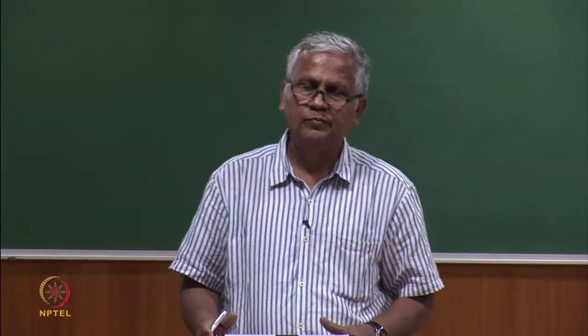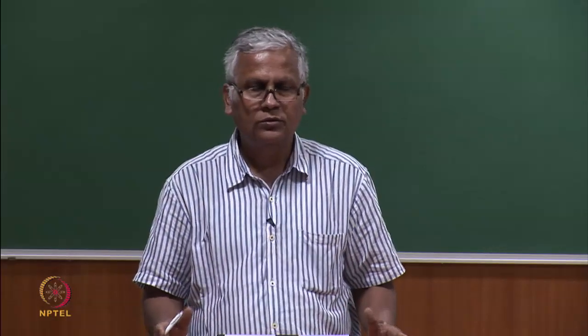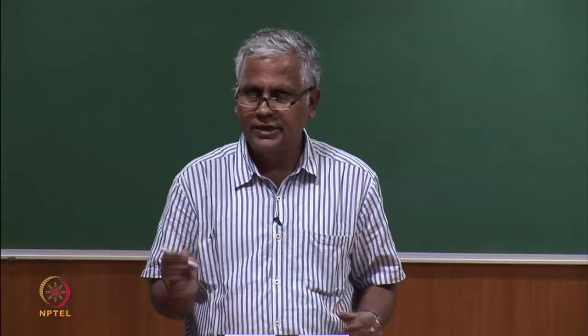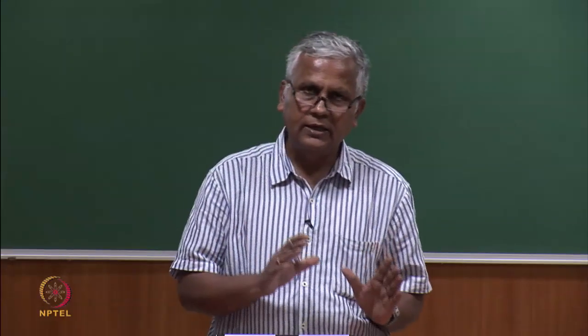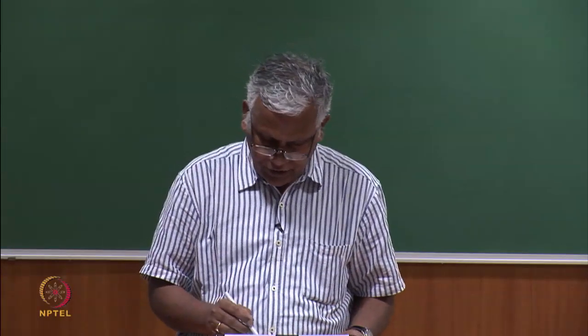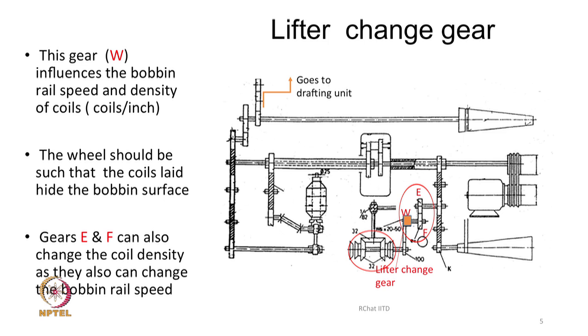You have to remember the motion transmission path starting from the motor to the bobbin rail. If we trace that path, the gears W, E and F are coming, as well as the bevel gears. The bevel gears which you see here, all these gears we keep constant, we do not change them. Once we have decided, then we do not change. The machine manufacturer decided what should be the teeth of this gear, and they had kept it, and there is no need to change them. So, the flexibility is there in changing the gear W in general,